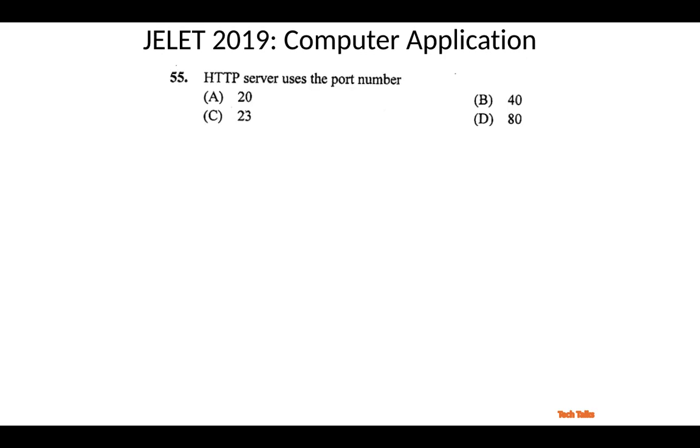And this is the last question. So HTTP server uses the port number. So now the port number, every application has a different port number in the computer. All these are virtual port numbers, because when data comes from one system to another system, it has to know which application has requested. From your browser, maybe you have requested google.com, so that data is coming through your network port, internet. Again, you are chatting with someone using Facebook Messenger, so some data is also coming. So now the data has come to our Ethernet port. Now the computer has to decide which data will go where, which data is for your website, Chrome or google.com, which data is for your chat, something like that.